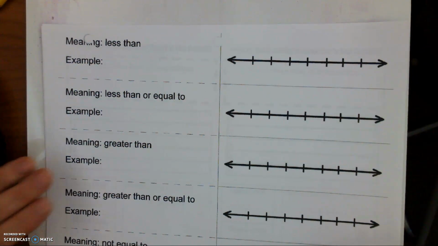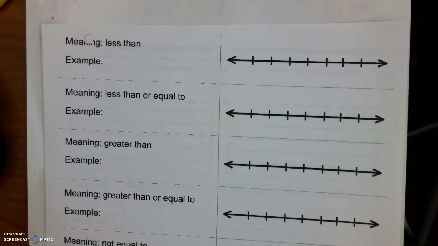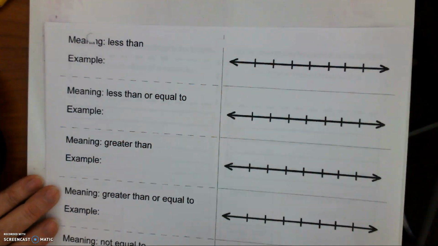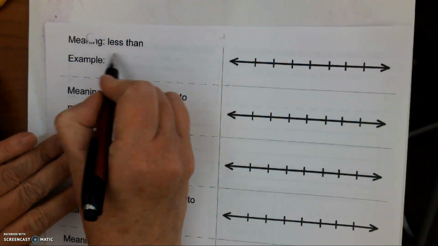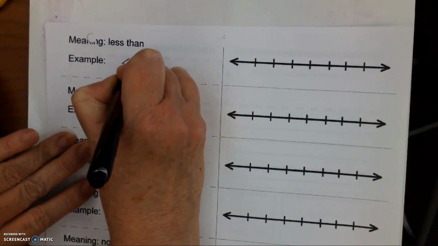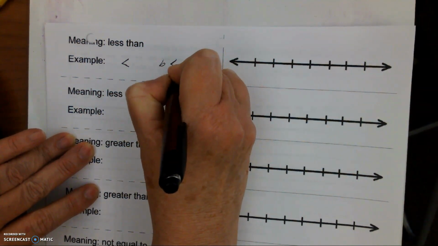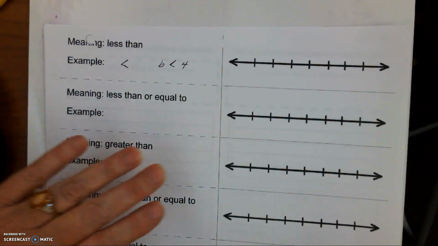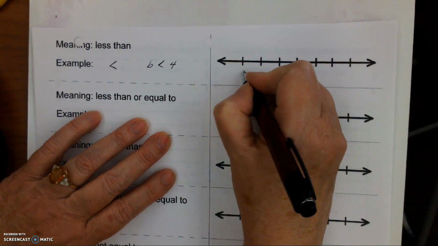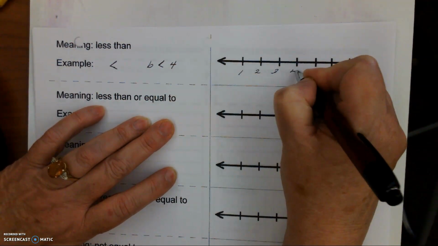Okay, today we're going to do an instructional tutorial on inequalities, and we're going to use three different foldables to explain what inequalities mean and how we express them. The first one we're going to look at is less than. So this is less than. And then how we can use it is B is less than 4. When we graph it, because you're going to have to graph solutions,